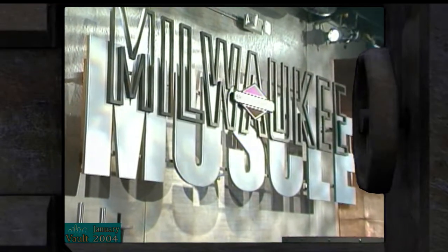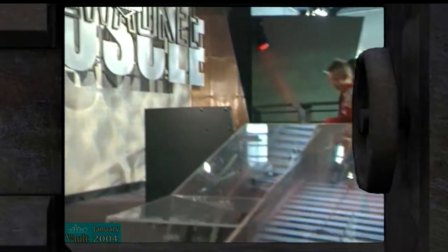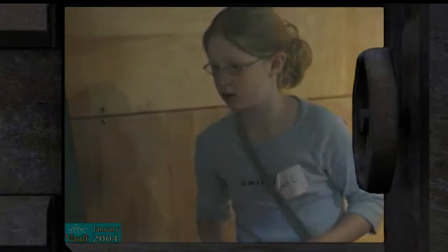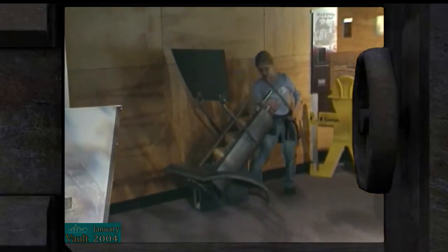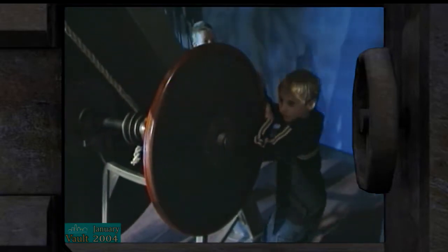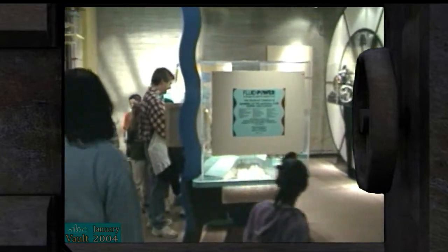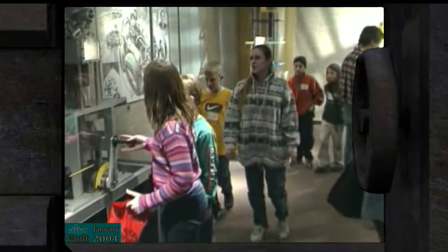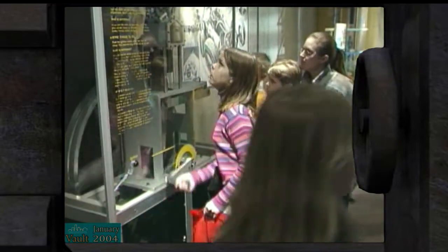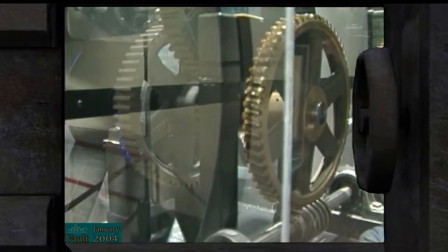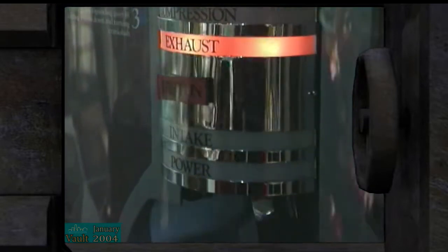We have a section here called Milwaukee Muscle. It's all simple machines. There are pulleys, levers, and all sorts of exhibits that show you how a simple machine works and can make work easier for you. From that section we move on to our gears and linkages area, which is the next step in technology. The gears and linkages section continues the story of ingenuity in industry, and it challenges students to identify various gears and their practical uses.